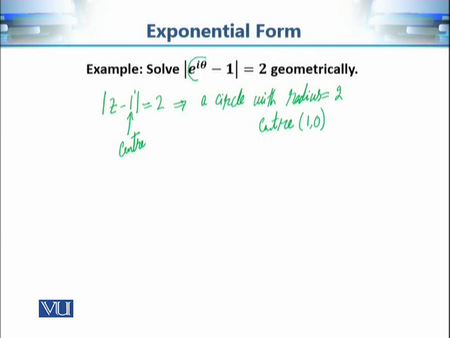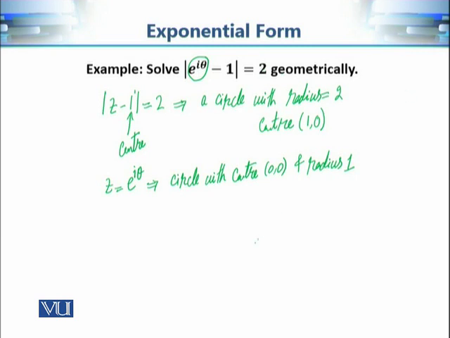And we also know that if we consider Z equal to e raised to power iota theta, then this implies it's a circle with center (0, 0) and radius 1. So if we want to solve this equation, then geometrically speaking, we need to find the intersection of